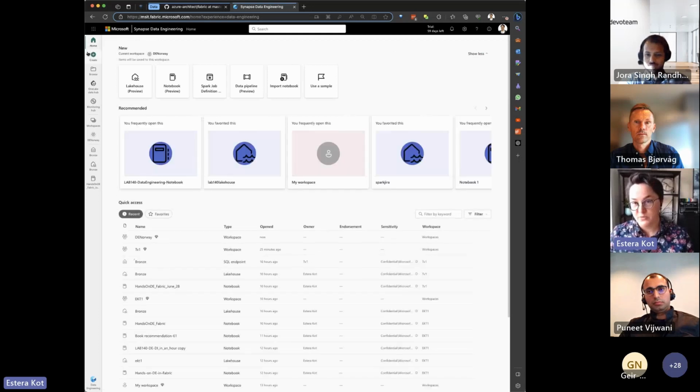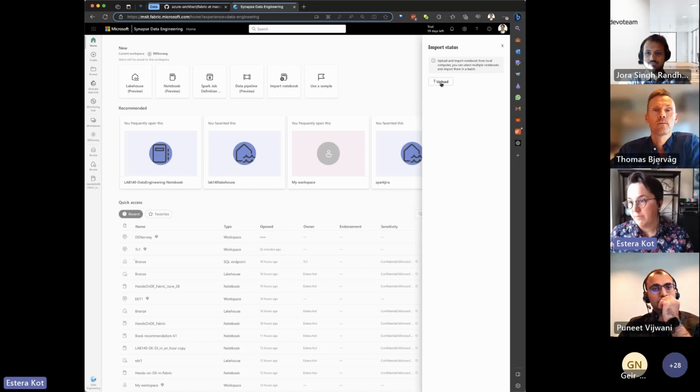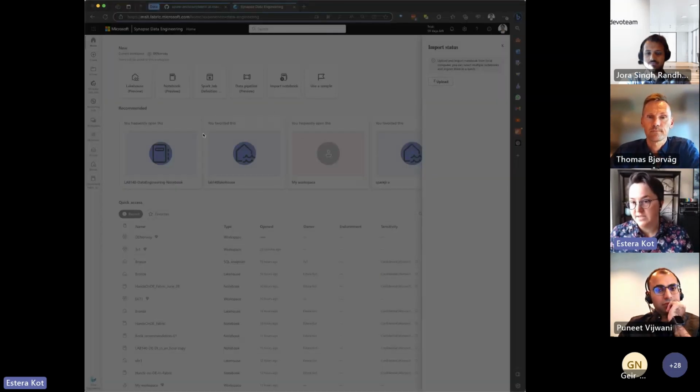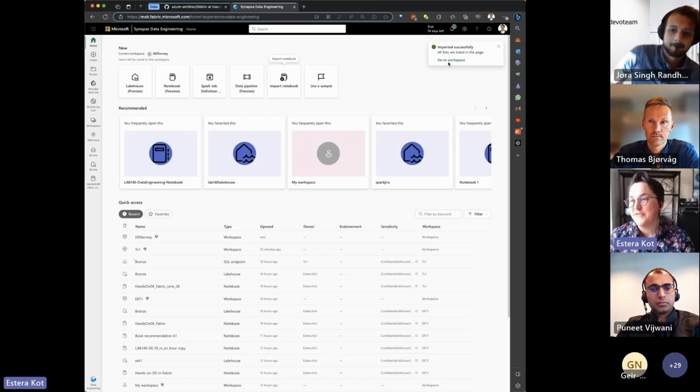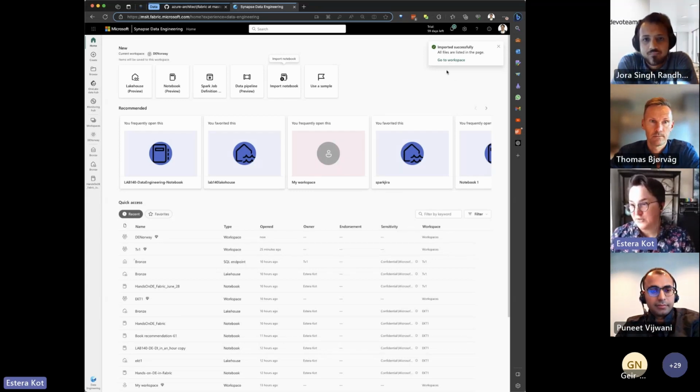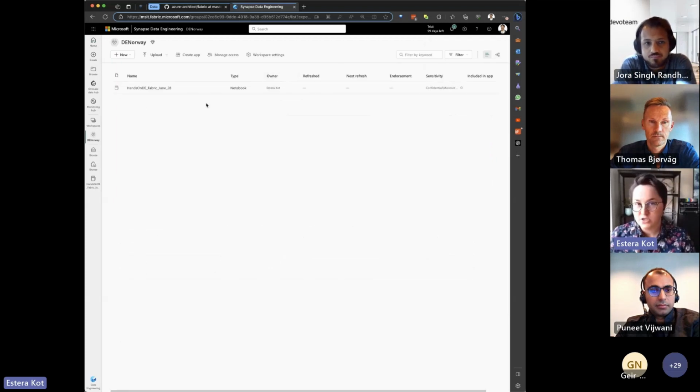Now I want to import the notebook. So I'm going to the Home tab. I'm clicking Import Notebook. Here, Upload, and I'm uploading the prepared notebook that you can access from GitHub. Now, again, it's a very live demo. I have the backup version where yesterday everything was running, but I want to do it fully live. So let's see if today everything will be fine. Okay, successful import. Let's go to the workspace. What happened is I imported the Jupyter IPython notebook to my workspace. Now I can just open it.